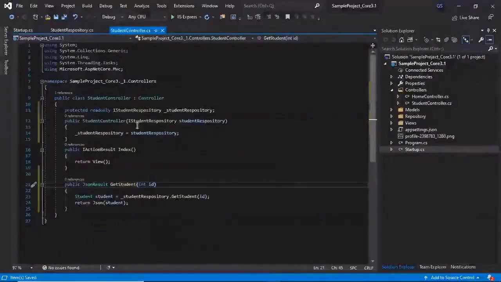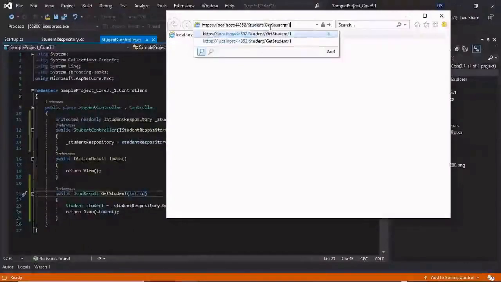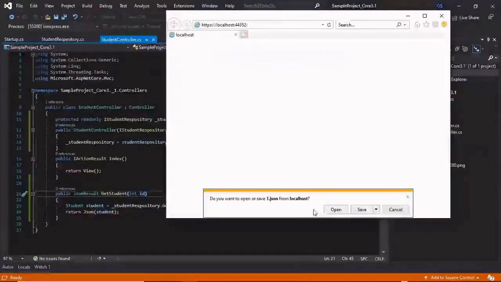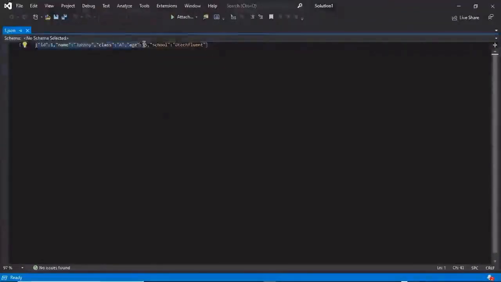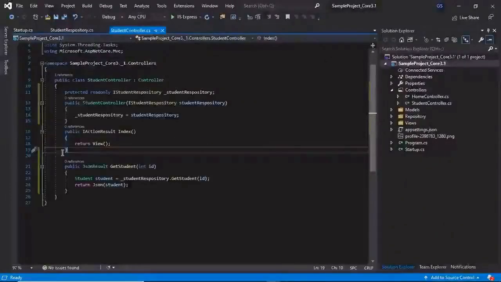So now let's run and see. Check student slash 1 as ID. Look, we are getting the JSON. Just open it. Look, we are getting the student data for ID 1 as JSON. So from the controller, we can return different types of data.